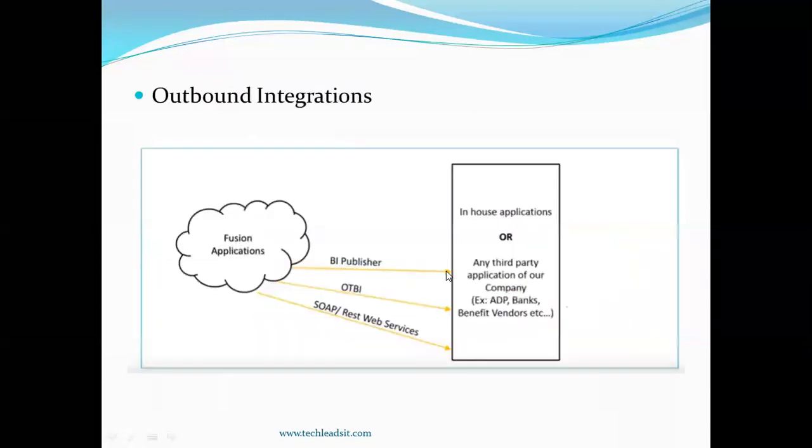Okay, and for the outbound integration, whatever we are developing, our OTBI report outputs or BIP report outputs are there. BIP Publisher, OTBIs, and SOAP and REST web services. These outputs we are sending, or placing certain files, to third-party system FTP server locations by using your various reporting contents. And by using SOAP and REST web services, you can invoke your BIP Publisher OTBI reports in order to get the exact file into third-party systems.